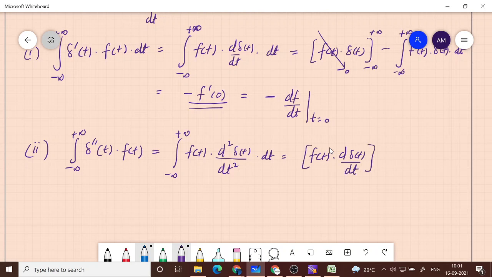So that is the first term, minus infinity to plus infinity, then minus the integral from minus infinity to plus infinity of f dash of t into d delta of t by dt, and this is dt. So one time I applied the property, and this first term will give 0. Now I will continue one more time. I apply integration by parts. Here there is already a minus 1, so I have to put this minus 1 here, and then I apply the first function